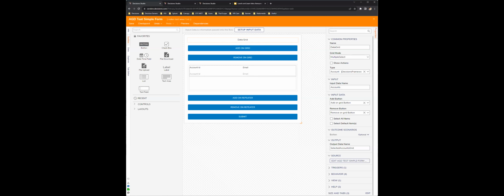Cool. We also had another submitted question, and it was around sort of the same thing. Let me find that. It was around more advanced data grids and active form flows.